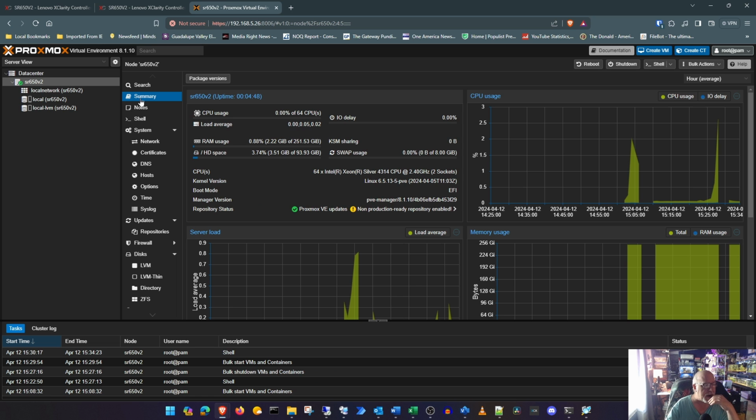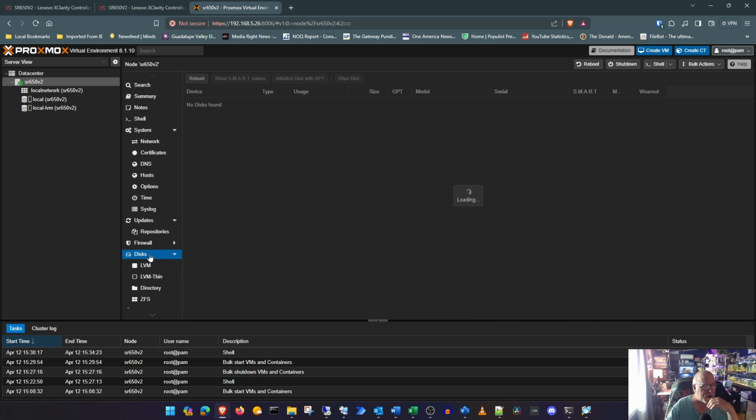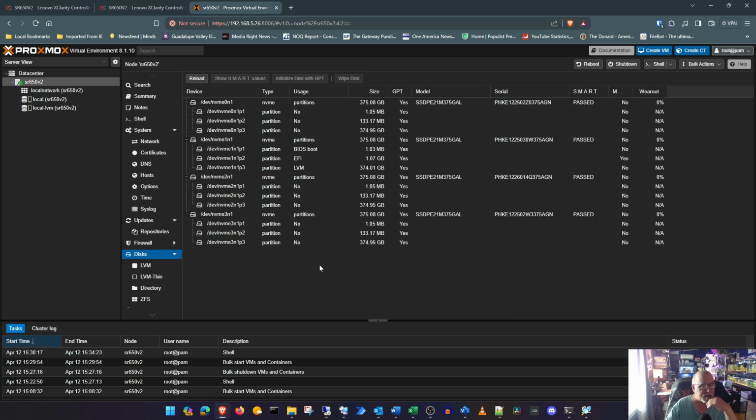Now, the next thing I want to do is go down here to disks, and you're going to see that I have those other NVMe drives in here. Right now, you've got to be careful, because the one that's being used is this drive right here, I believe. I believe this is our boot drive. So it's got BIOS boot, EFI, and LVM. So yeah, there's my LVM